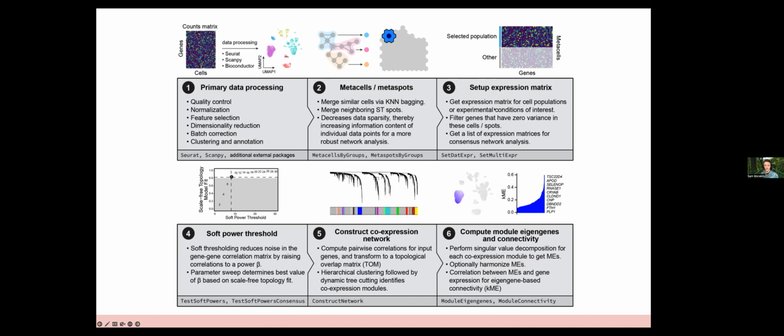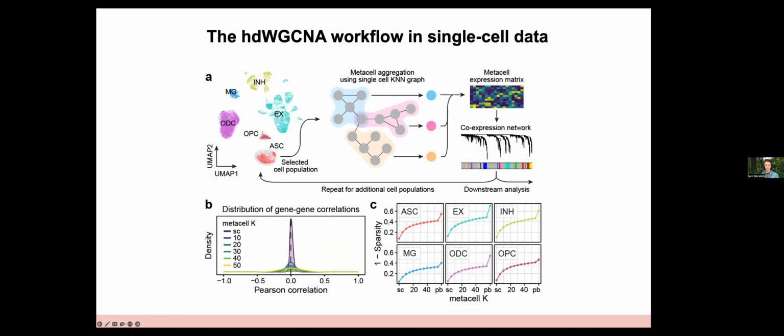And then I'll start to go into the first figure of the paper, which is a simple example of using this. If you have your single cell data set and you want to iteratively loop through your major cell types to construct a network. So for example, in this UMAP, this is a data set of the brain. So we have neurons and glia. So starting with the astrocyte population, you would construct your metacells, and then you would set up your matrix that just contains the astrocyte metacells, and then construct the co-expression network,